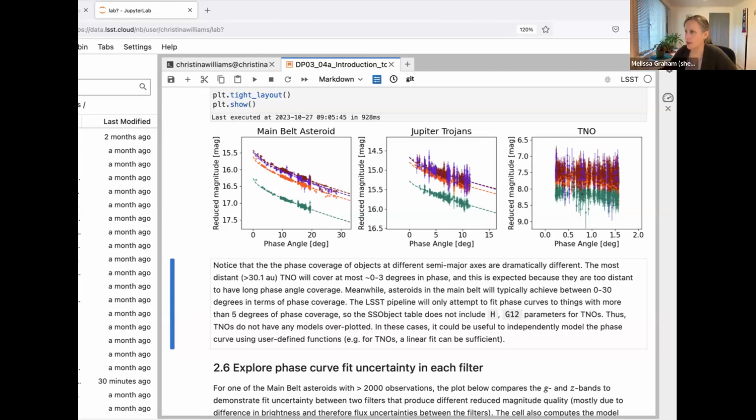Yeah, I think it is not in the DPDD. There is no forced source on solar system objects, and it's probably because you can't do it for all of them. So if you're only going to do it for the ones that have a good enough orbit fit and good enough predicted astrometry, that's a user-generated data product.